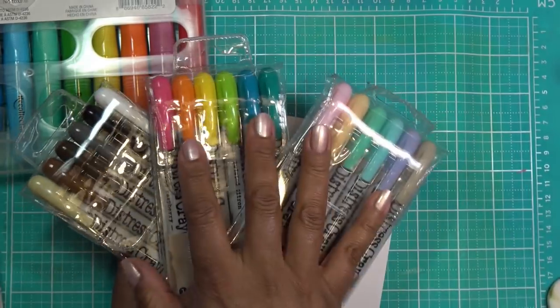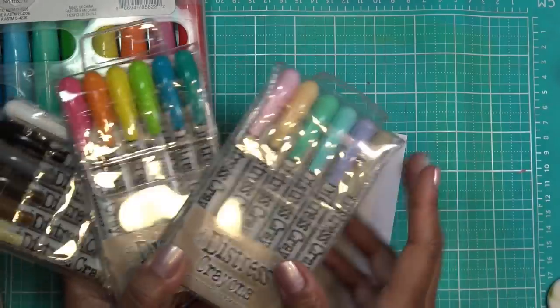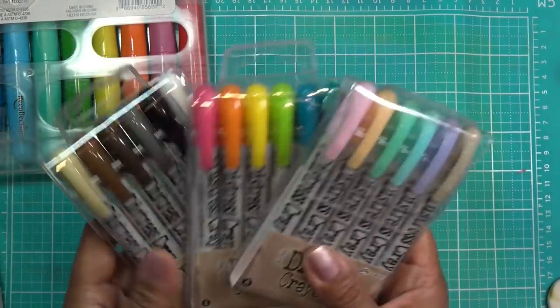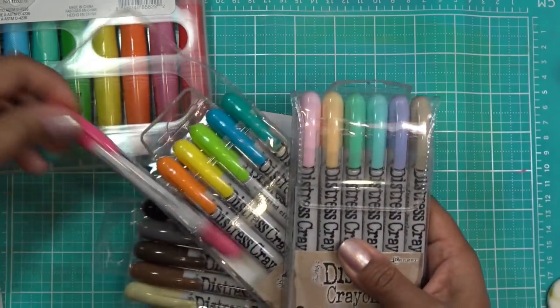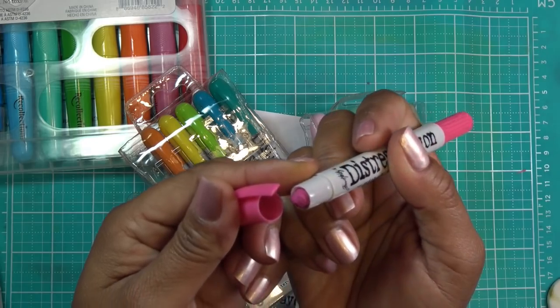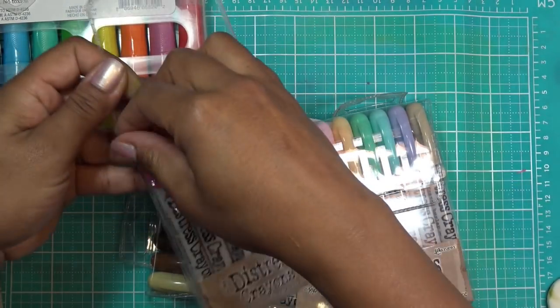But the point of Busted Out is that you already have these and you're going to bring them out and you're going to use them, okay? So I hope that's what we're doing. That's the whole point of Busted Out. Because I bet you anything these are not even used. I don't even remember the last time I used them. This one looks like maybe it was poked at? I don't know. But you can do this with a lot of...